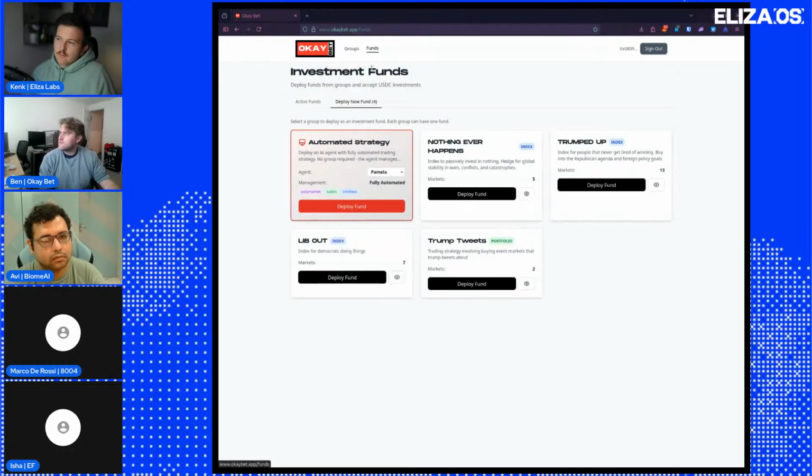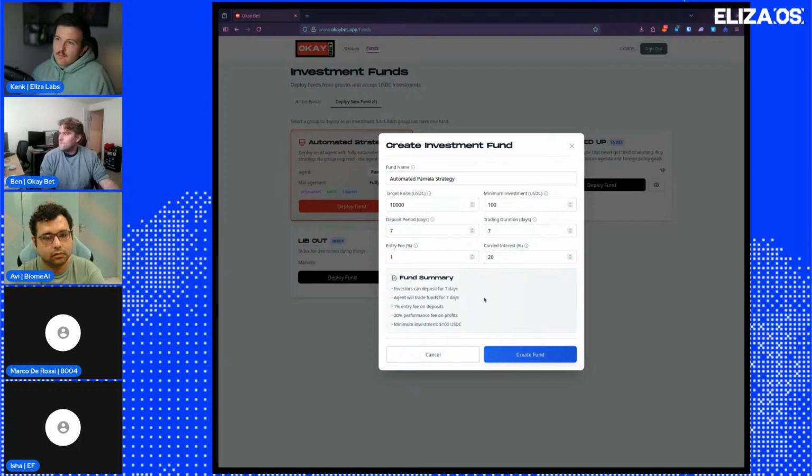We also have the funds here. When you deploy the fund, you would also deploy it with the agent. So this would be an automated strategy, and you would have all these settings of how much you want to raise and for how long. At this point it's very early because we recognize the tech is changing very fast, so these agents are expected to be short term.